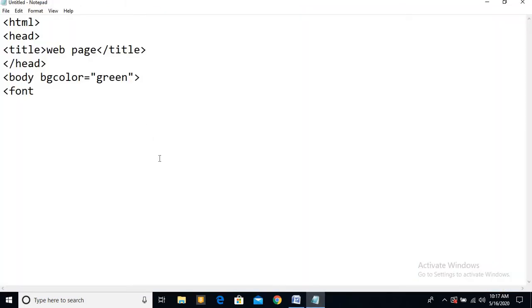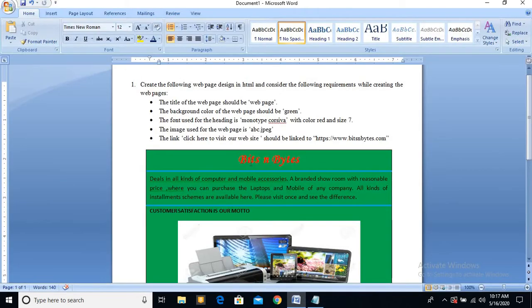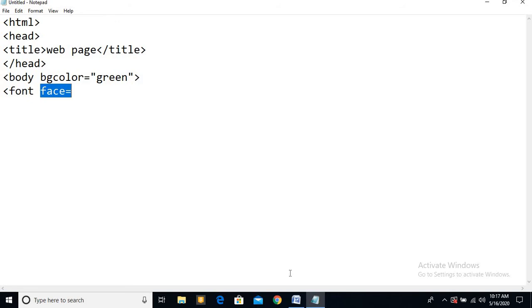How? For that there is an attribute: font space face is equal to the name of the font. What is the name of the font? Monotype Corsiva. Okay, make sure the spelling is correct. Use double quotes. Double quotes have to be used with shift. Press shift then double quotes. Okay, some students are simply putting single quotes. No, this is wrong. Shift plus double quotes. This one. Then the name of the font is